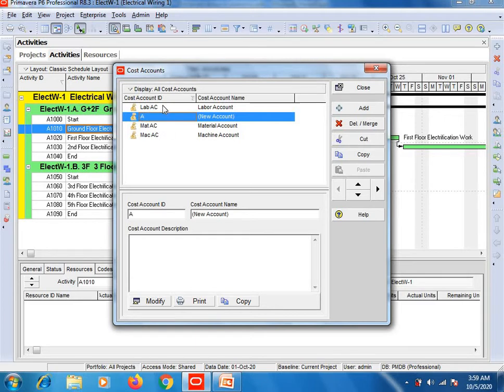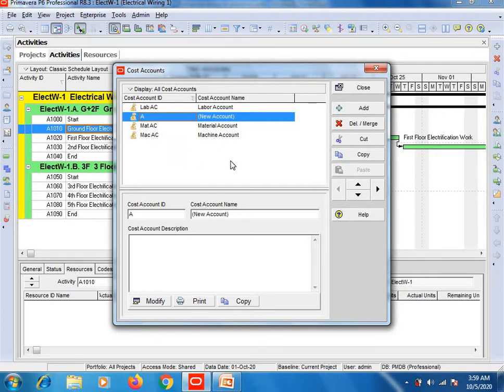Labor account means that all your laborers, white collar and blue collar, their account details will be in this account. Your material account, like cables, circuit breakers, boards, wires, etc., will come in the material account. And in the machine account, if you are using any machinery, their details will be in this account.